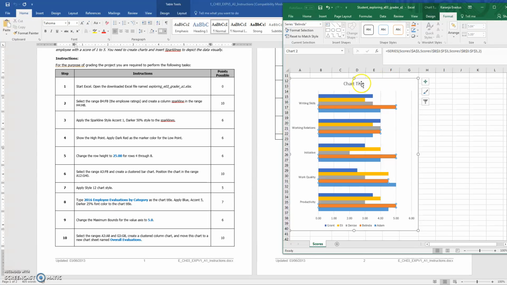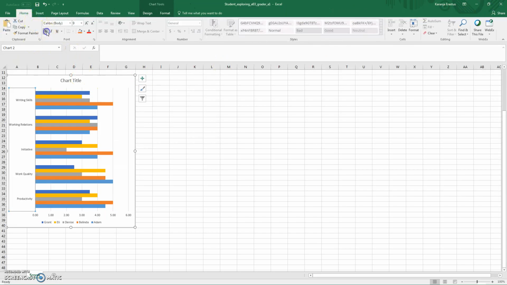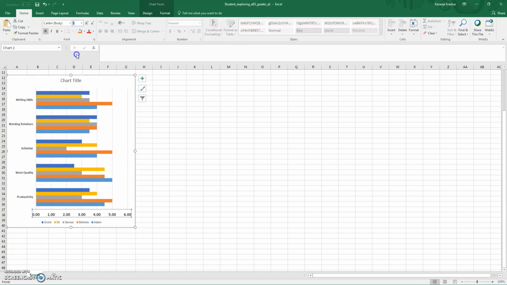So this should come here. You click here, highlight that, and then you type the information. Then you have to come here, change this, make it bold from the instructions. So you can make that bold, and you do that from the home window. The same thing with here. You click on the values, make that bold. Then you change the size to 12. So these are all the instructions. The same thing here, you change that to 12,